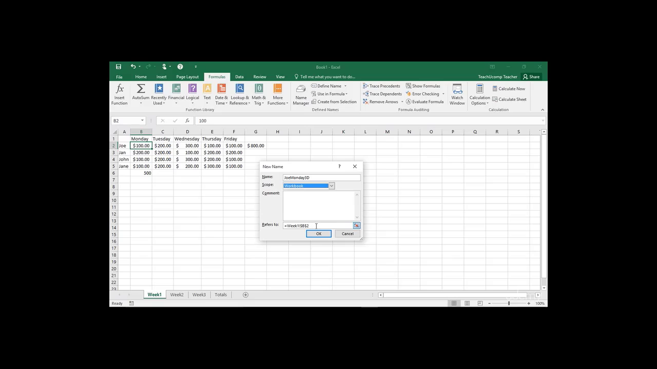Next, in the Refers to text box, click the Collapse dialog button at the right end of the text box. Click the Sheet Name tab of the first sheet in the 3D cell range. Hold down the Shift key on your keyboard, and then click the Sheet Name tab of the last worksheet that you want to include in the 3D range. Once the worksheet group has been selected, click and drag over the cells in the worksheet that you want to use as the cell reference for the 3D range. Next, click the Expand dialog button at the right end of the Refers to text box again to expand the dialog box. In the New Name dialog box, click the OK button when you are finished to create the 3D